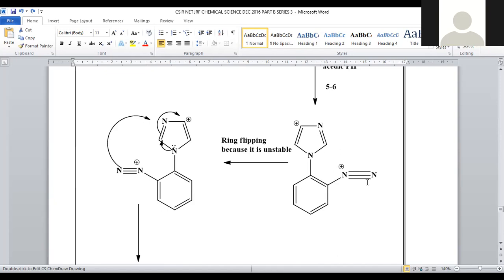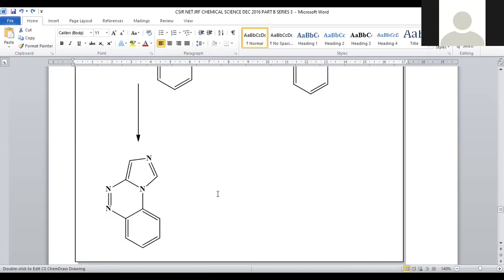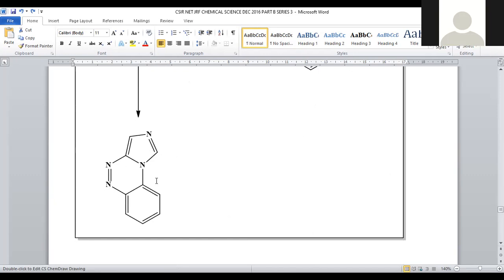This kind of arrangement will destabilize the ring structure, so it participates in ring flipping. We have to flip the ring by 180 degrees rotation so that the group present on the right hand side now flips to the left hand side. Flipping is nothing but just rotating the molecule, right? So whenever it gets rotated, bond cyclization is possible, and we will get the final product in this manner.